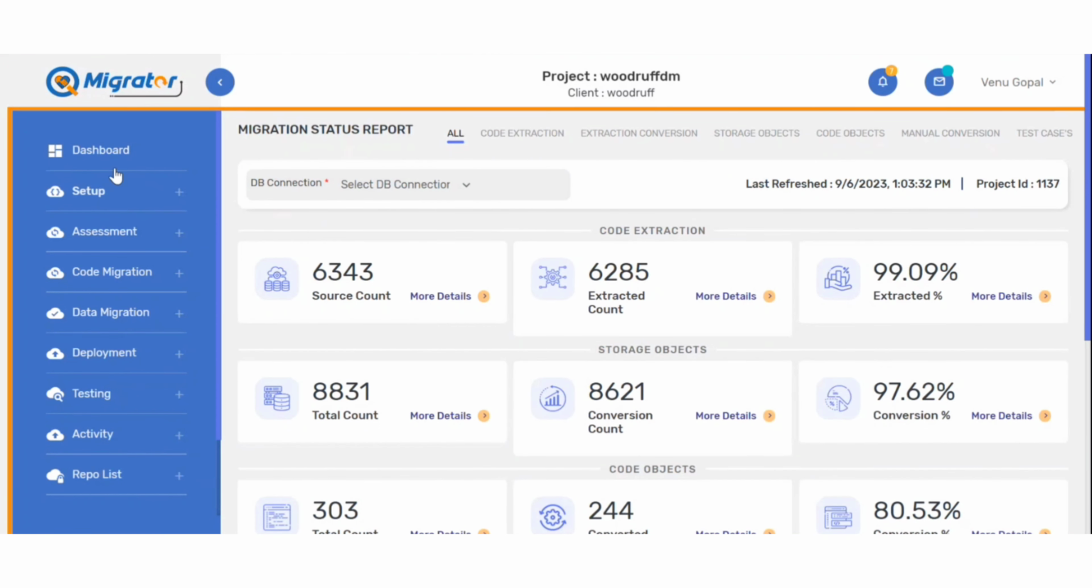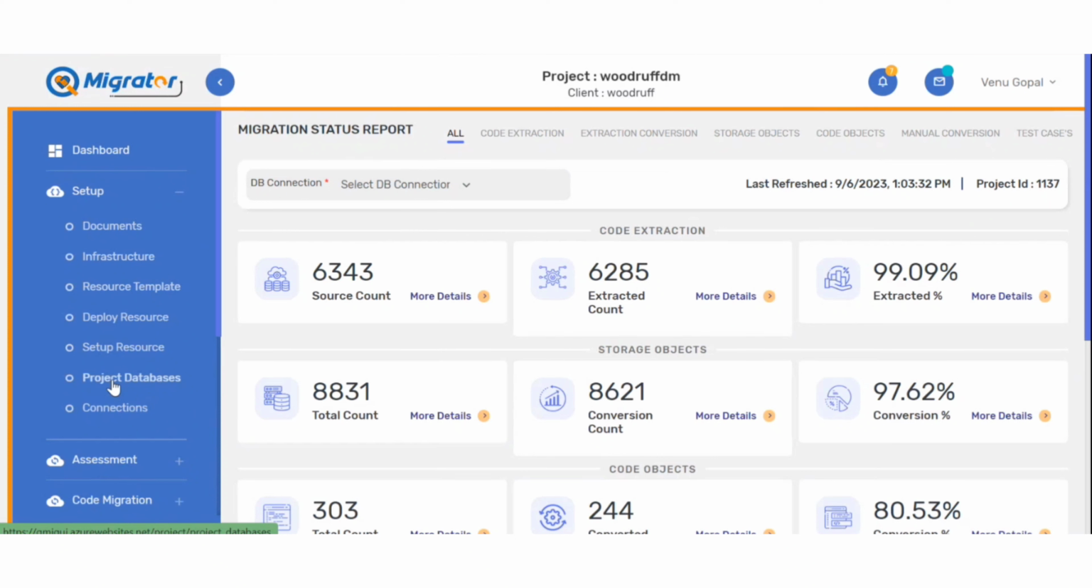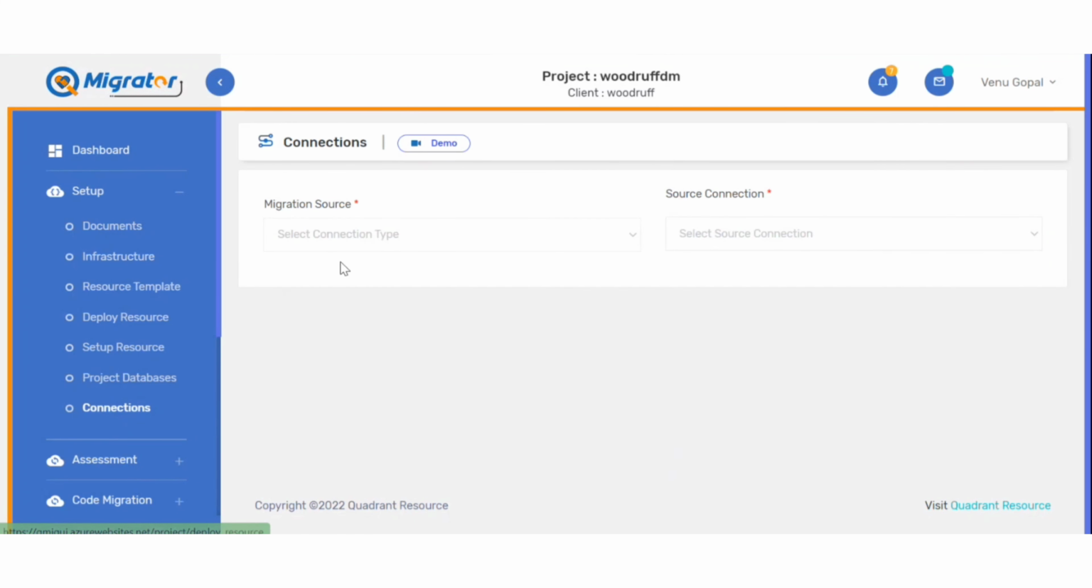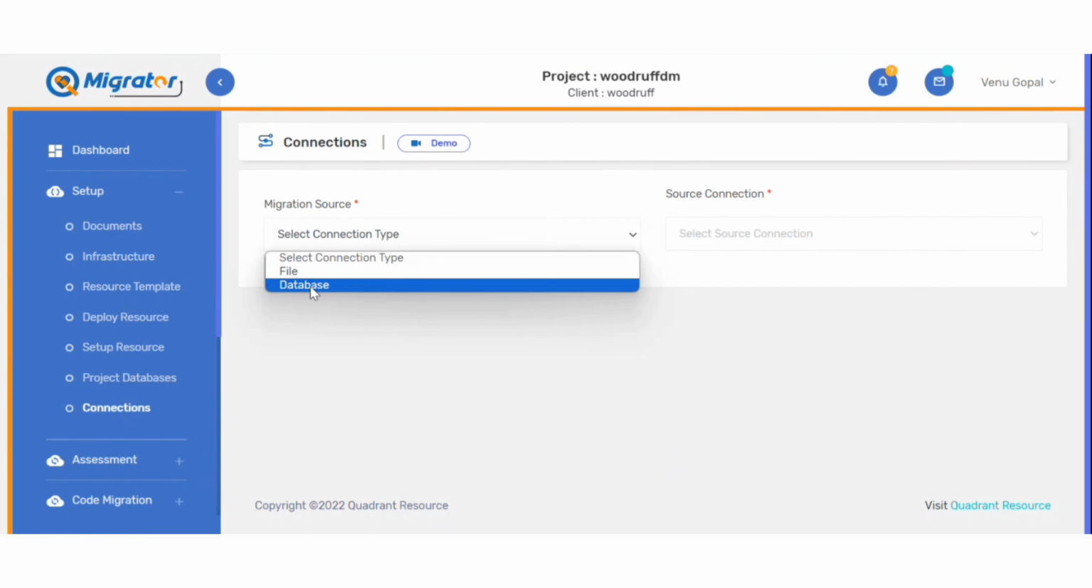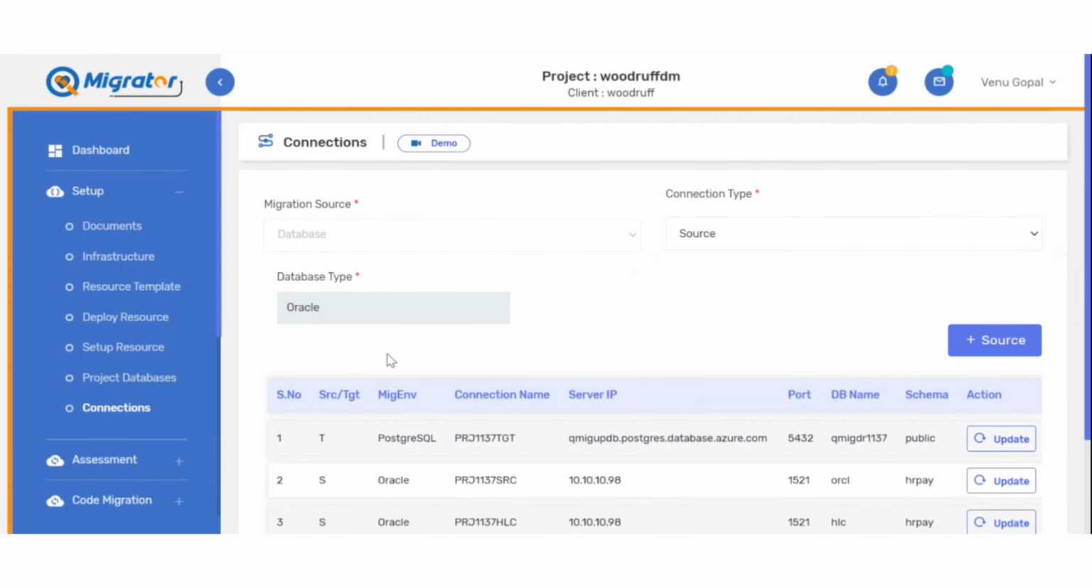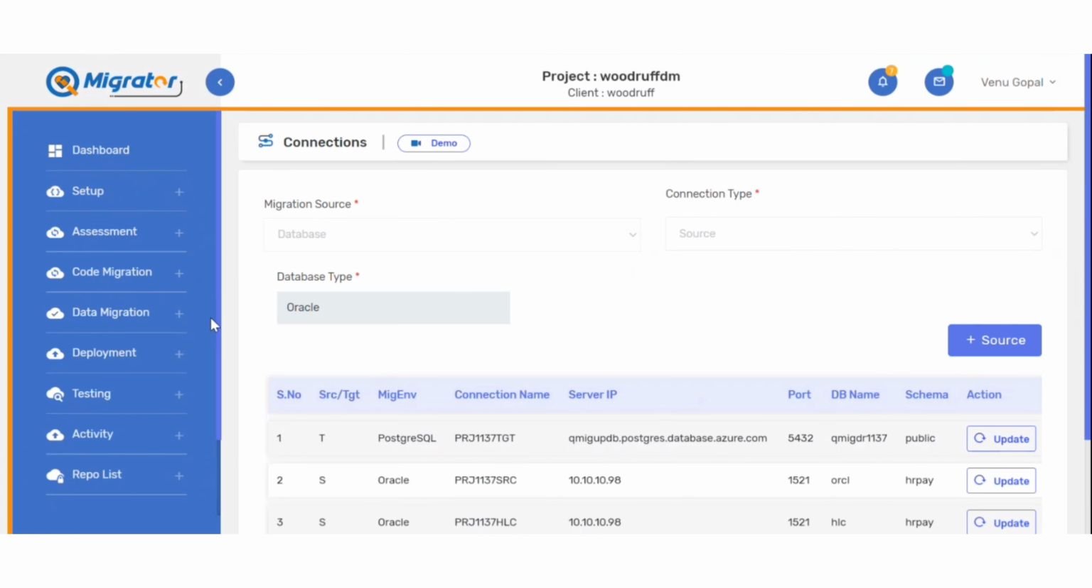So the first step in the project is to go to the setup. We have to deploy some infrastructure behind the scenes that is needed for migration, and then set up the connections, the source and the target database connections. We need to set it up. Once we do that, we are ready for the next steps in the migration, which are